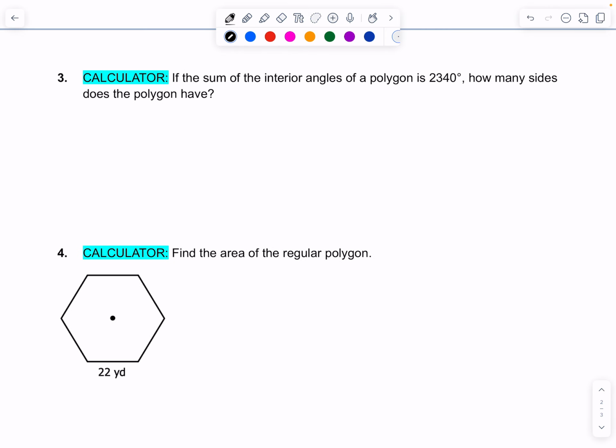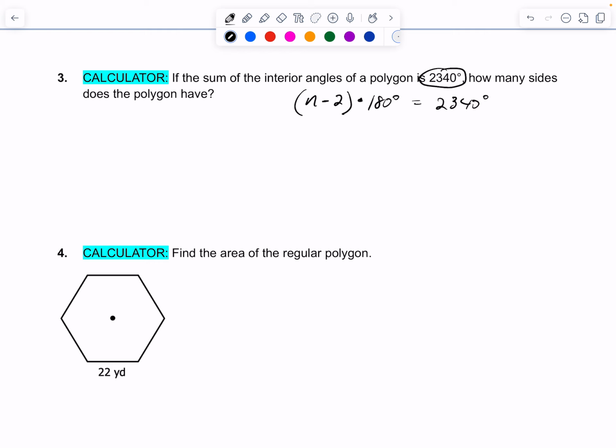All right, we're going to use our calculator for this one. It says if the sum of the interior angles of a polygon is 2,340 degrees, how many sides does the polygon have? So I'm going to write down from my formula sheet, n minus 2, so the number of sides minus 2, times 180 degrees equals, the sum of the interior angles, which they gave me in the question,